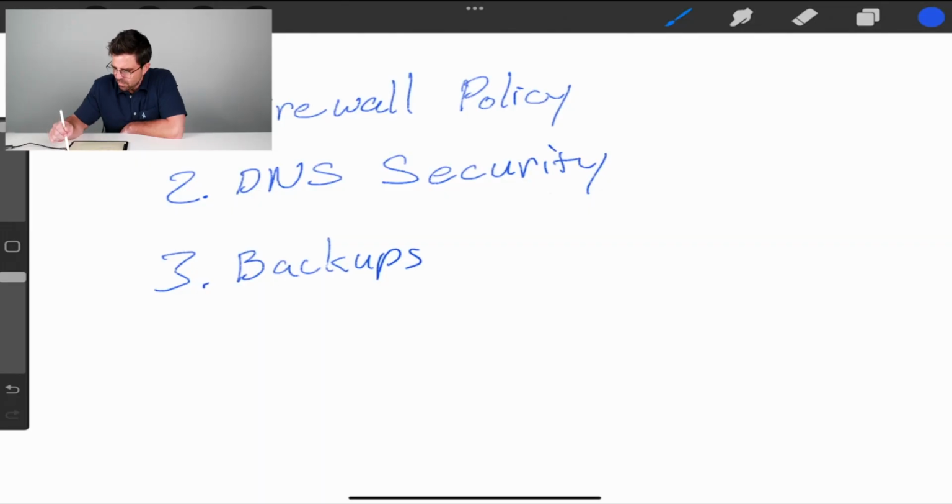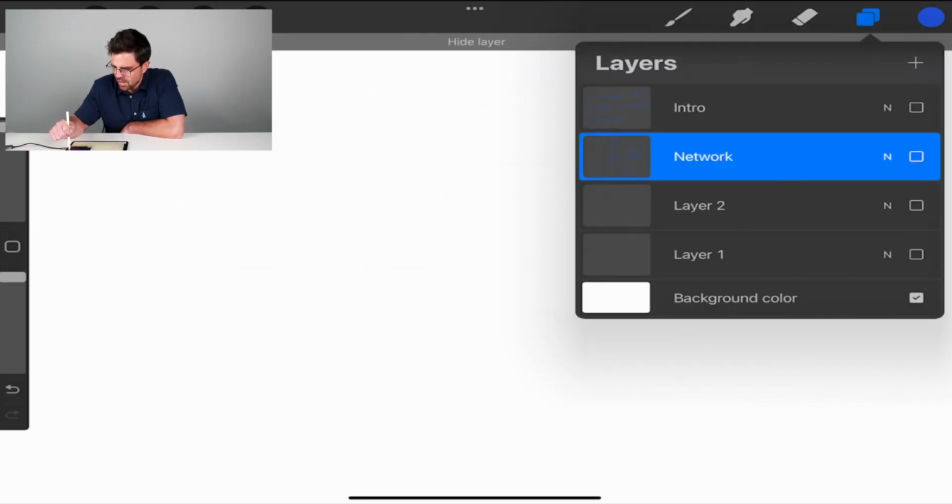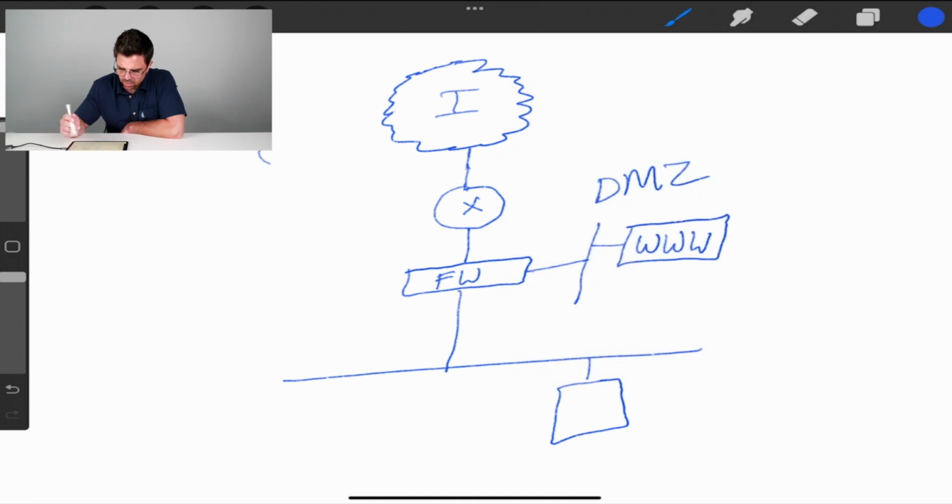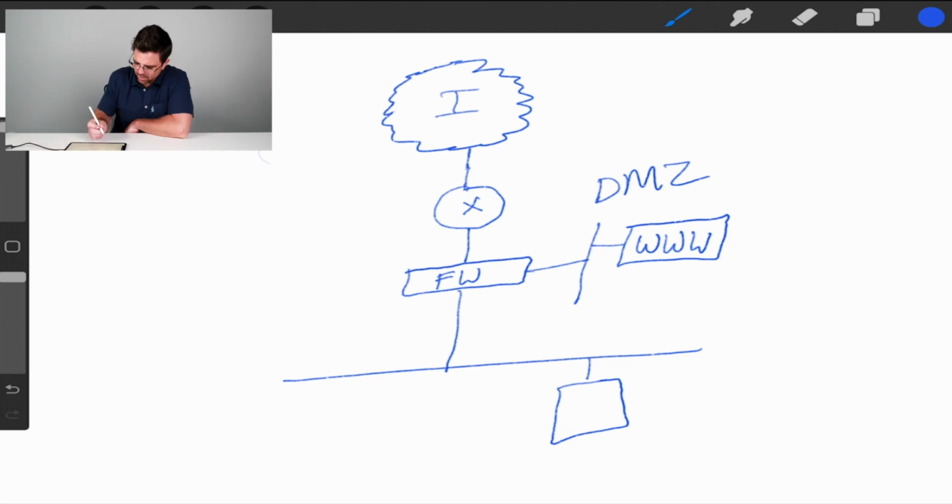So moving to the network layer, and really just talking about firewall policy as the first thing. We've got an internet connection here with a router and a firewall. We've got a mock DMZ, that would be like for a web server that's facing the internet. And then we've got our internal network, and that is down here, this internal